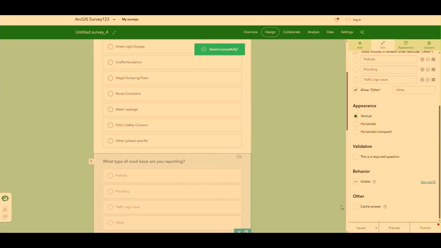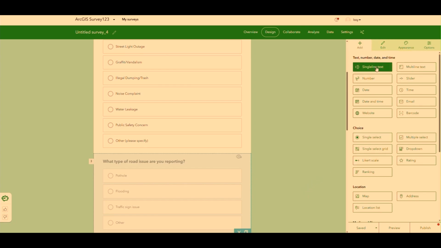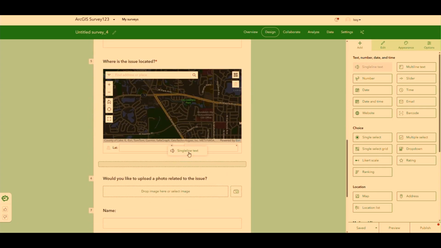Now, we can set up our survey to pull data from other layers that have been publicly shared to ArcGIS Online, or that have been shared to the Living Atlas. For example, I'm going to add a field that's automatically populated with the district that the issue is being reported in. So to do this, let's add a district question,